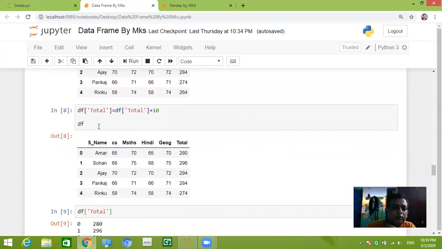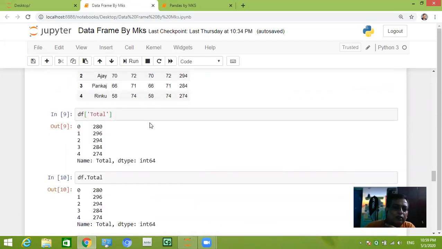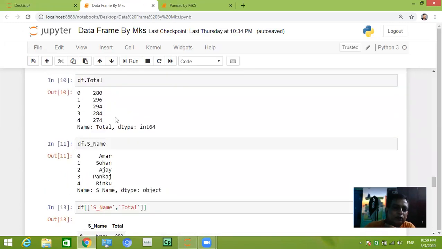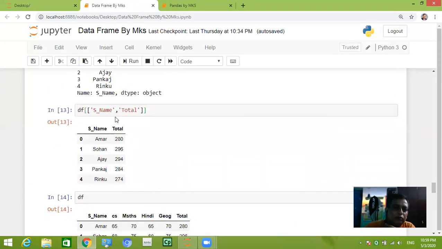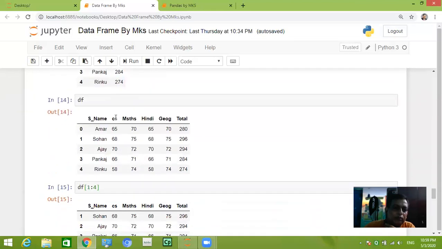Then how to manipulate any column, increasing or decreasing values. Next, how to display particular column values, and multiple columns from the data frame.